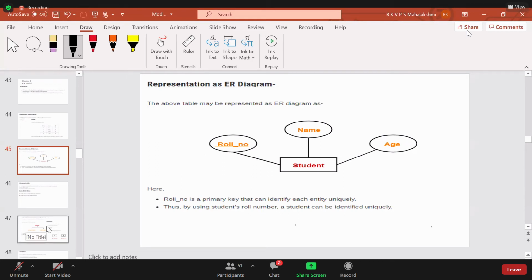So entity is nothing but the table name. And again there are two types of entities. One is strong and one is weak. A strong entity is one that has the key. If it does not have the key, then it is called a weak entity. Then what is the representation of strong entity and the weak entity? The diagrammatic representations.